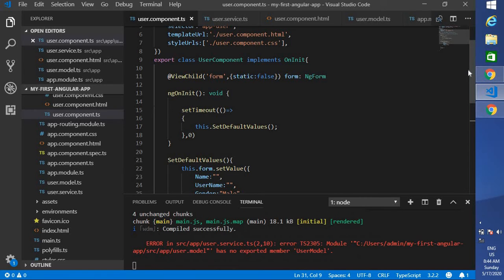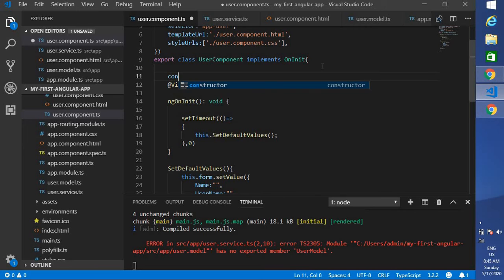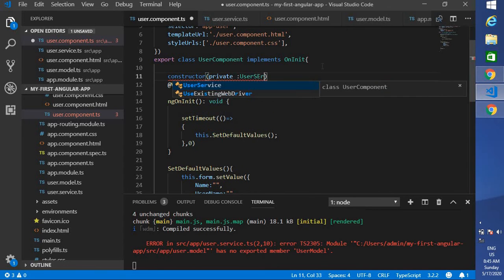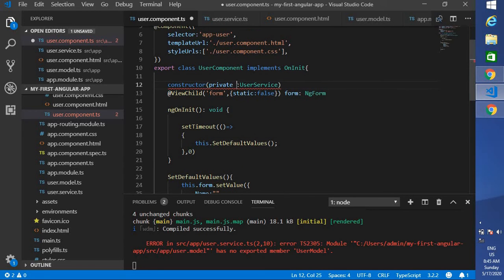How can we tell Angular that my particular component depends on this particular service? So now what I'm going to do is create a constructor. In the constructor, I have to pass which service this component depends on. For example, this component depends on the user service, so you should mention user service. Let me give a name for this one. So this is a parameter.